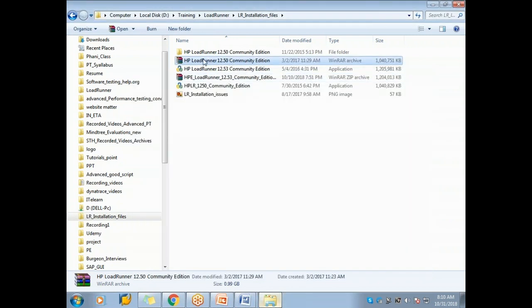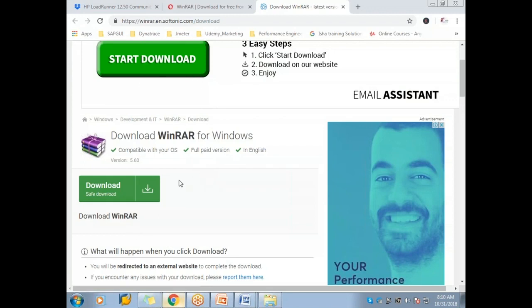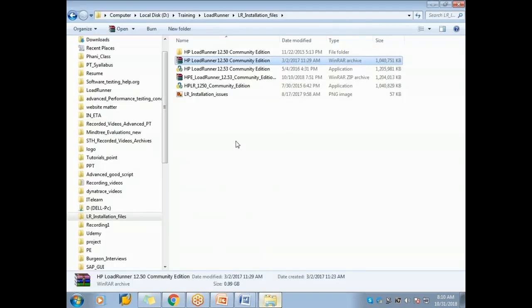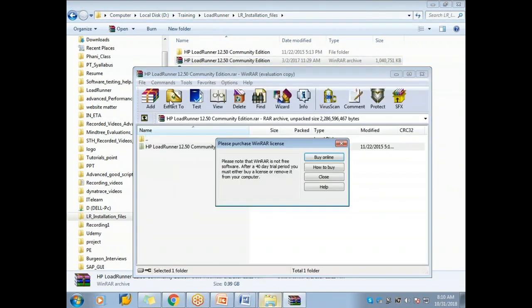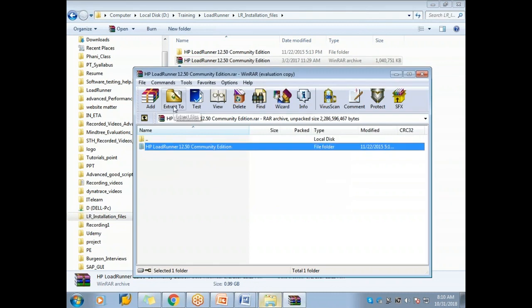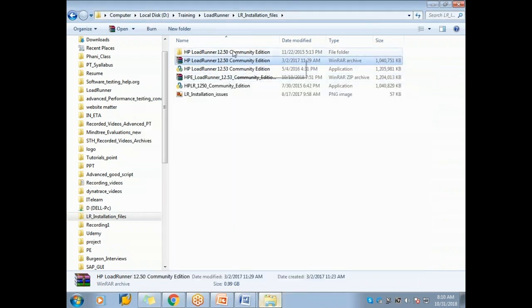So to unzip this, you need a software called WinRAR, which you can download online. Install the WinRAR software, and once you have installed it, my file identifies WinRAR and you will be able to see this symbol. Then double click on it, click on this file, and you will be able to extract it. So once you have extracted it,